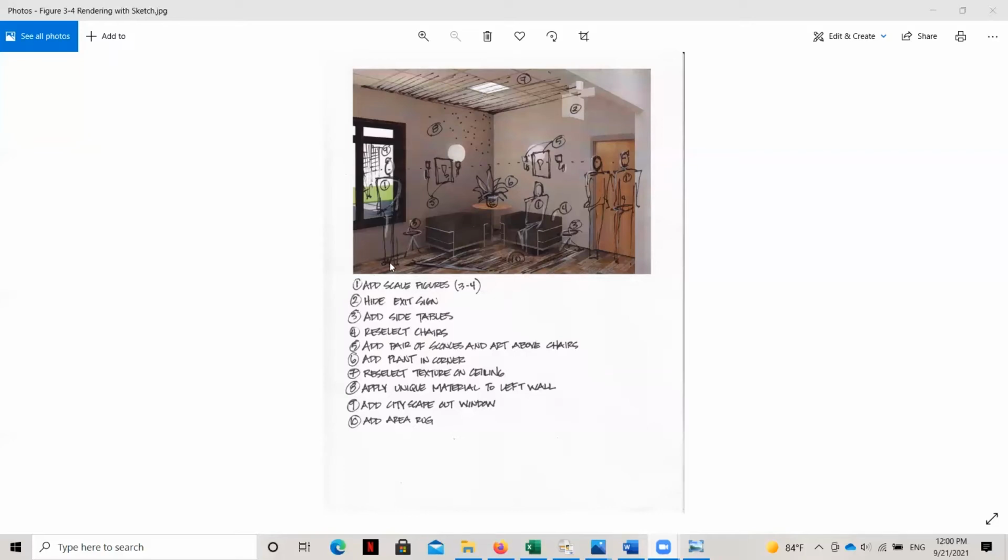So what I've done first is connect imaginary lines here for the walls and ceiling, or floor and ceiling line of both of these walls, to try to figure out where the vanishing points on the left and right side are of this rendering. And then you can see I've drawn, it's not super straight because it's just a sketch, this horizon line across here and this dashed line here.